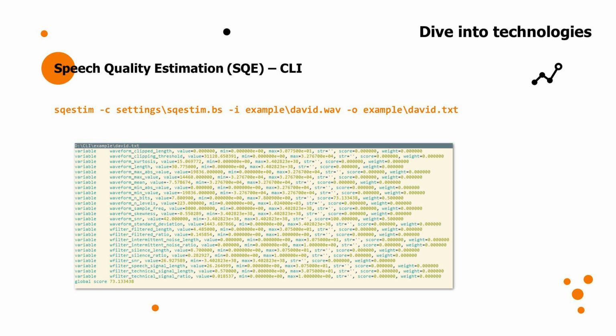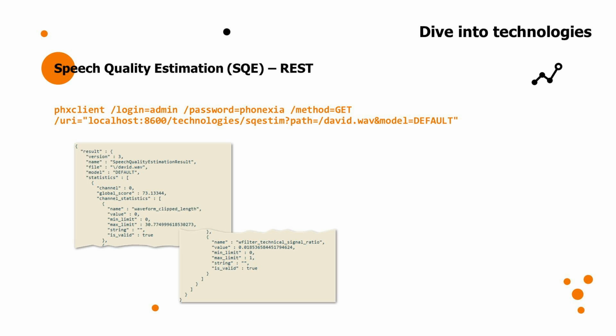And the last line lists the global percentual score. This is how you invoke speech quality estimation in REST API. The example here uses the PHX client tool supplied with Speech Engine, but the described principle is generic. Also, the example assumes that the file to be processed was already uploaded to Speech Engine and is present in